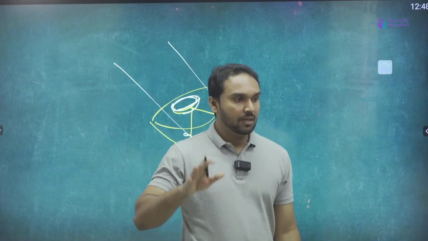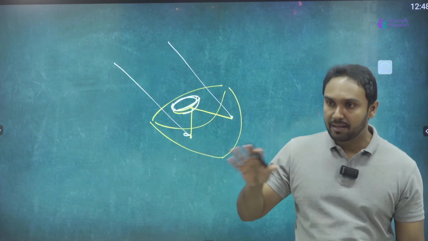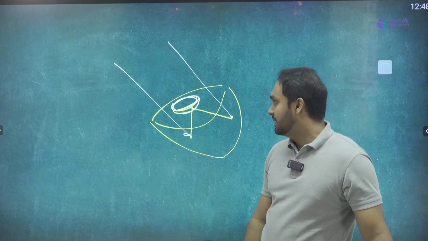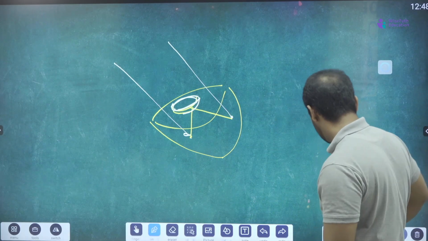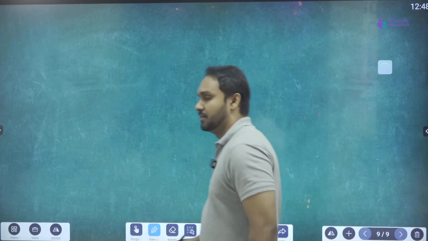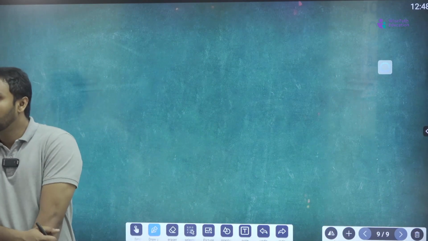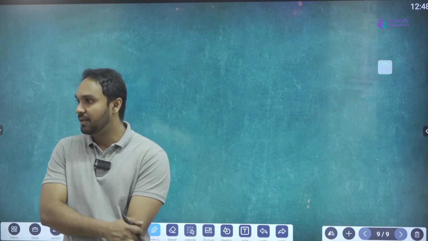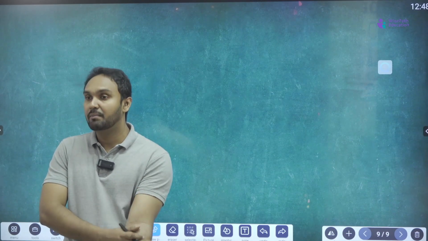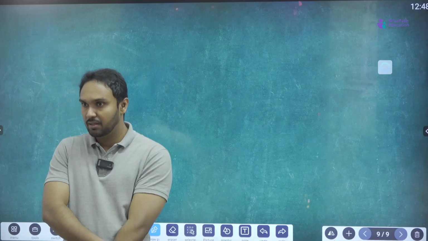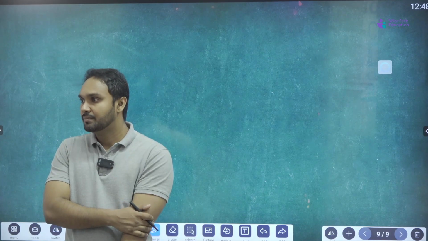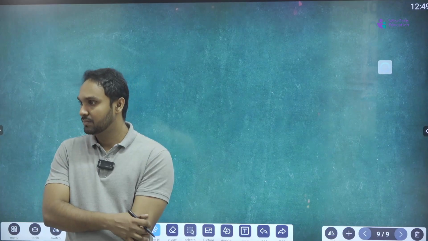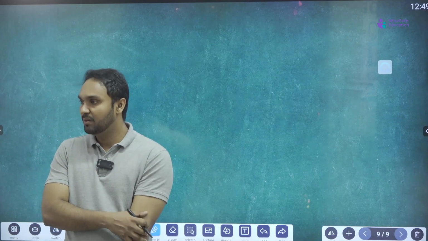So we have to know how to calculate the expansion as well. That is the thing. You have to know the formulas, right? So these formulas will come in the exam questions. So you have to know how to apply the values, and you'll have to remember the formulas as well. The more you apply, the more you remember.